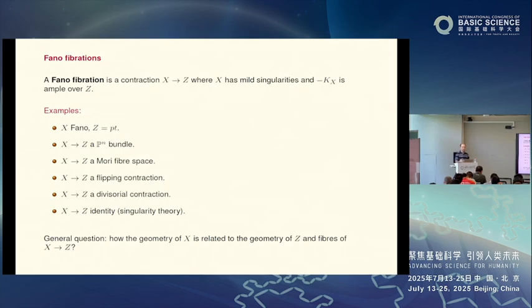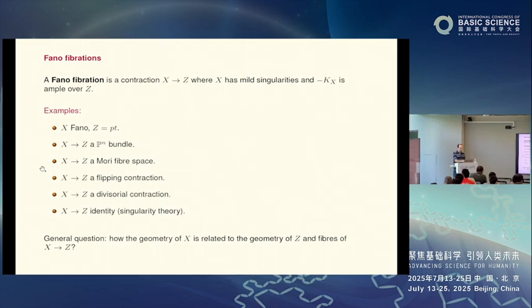In particular, this includes all the vector bundles over Z, because for any vector bundle on Z, you can take the projective bundle over the base. So you can view all the vector bundles on algebraic varieties as Fano fibrations. And in fact, in some recent work, we use these things to construct moduli spaces of vector bundles with some stability conditions and so on, and we use this kind of structure. So this immediately connects this story with the story of vector bundles, which may not be at all obvious that this is related to Fanos.